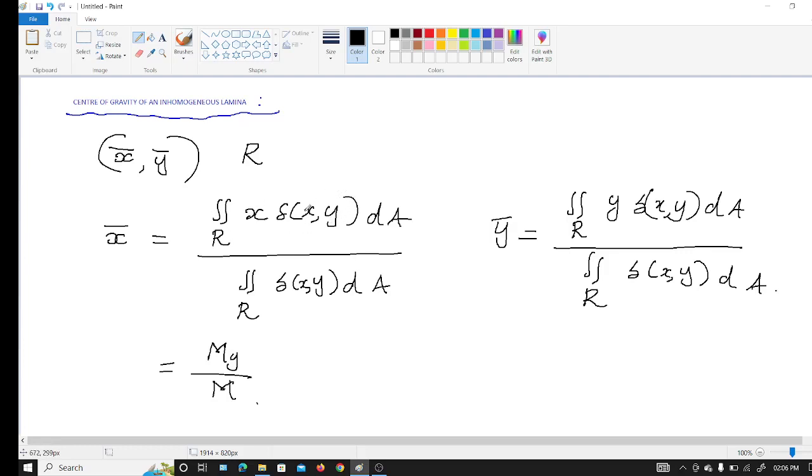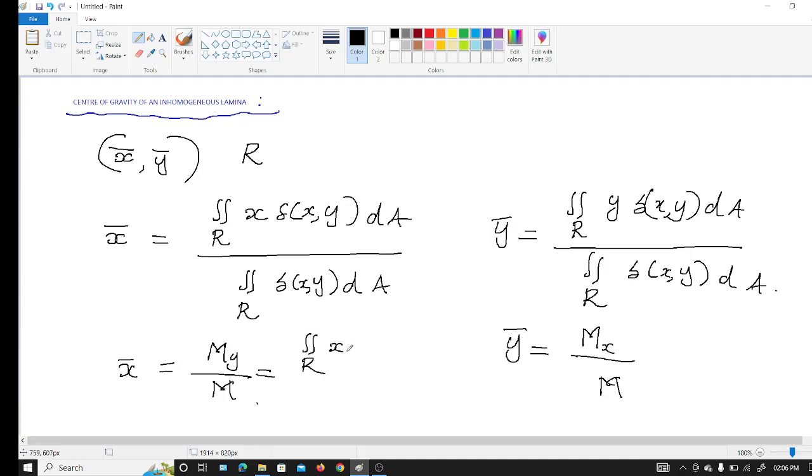That is the first moment of the lamina about the y axis. Similarly, we can denote y bar is equal to Mx divided by M, and here Mx is the first moment of the lamina about the x-axis. So, here we have x bar is equal to My by M,